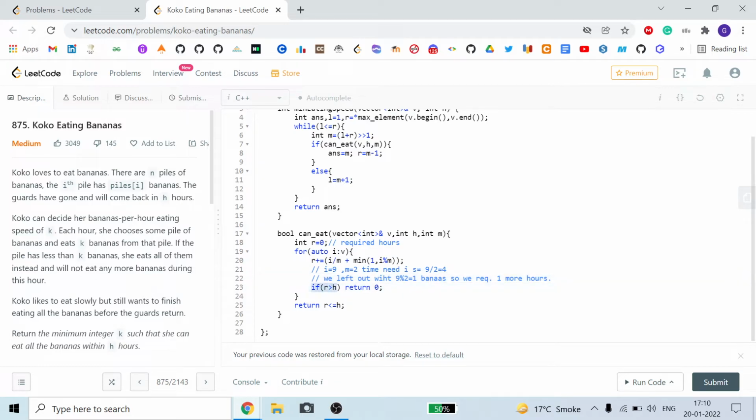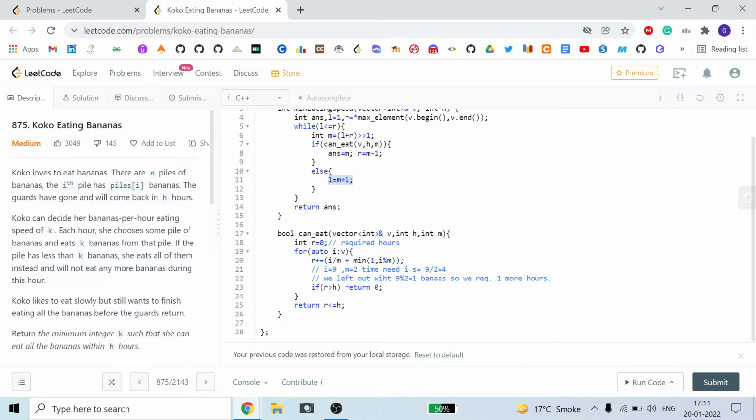And if our r is greater than h at any point, meaning we consume more than the given hours, then we just return 0, and that means we cannot fulfill our condition with this speed. So we have to increase our speed.